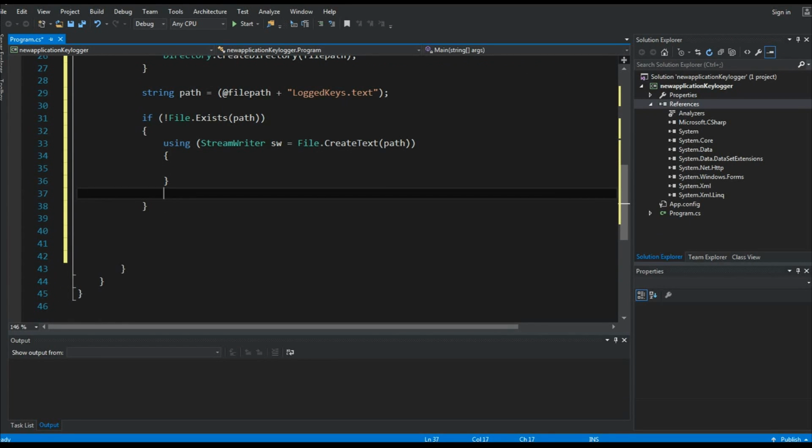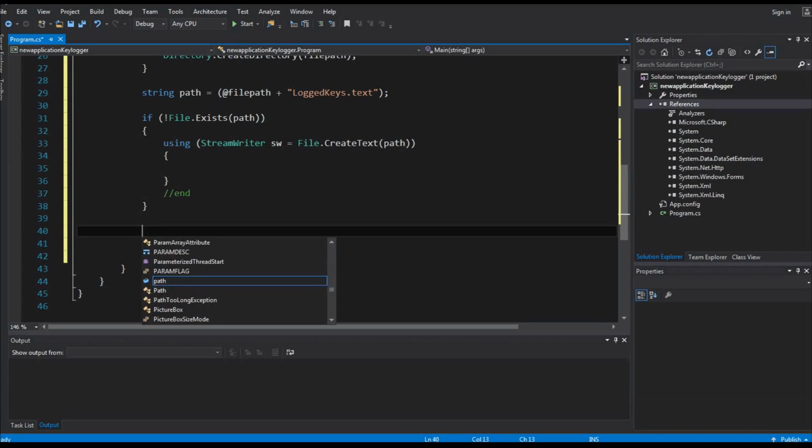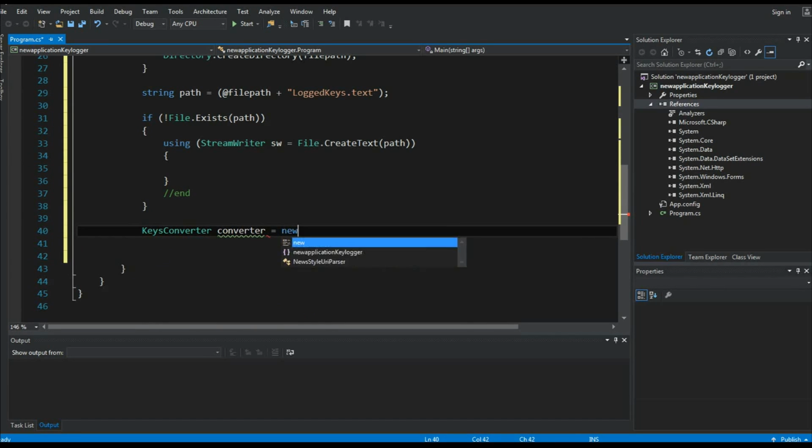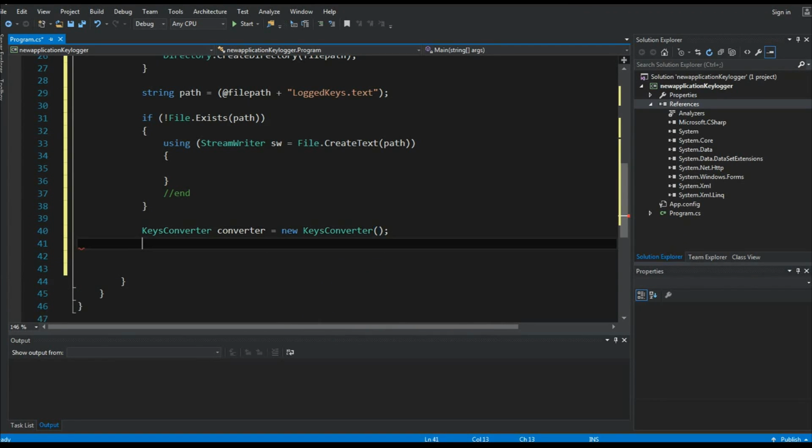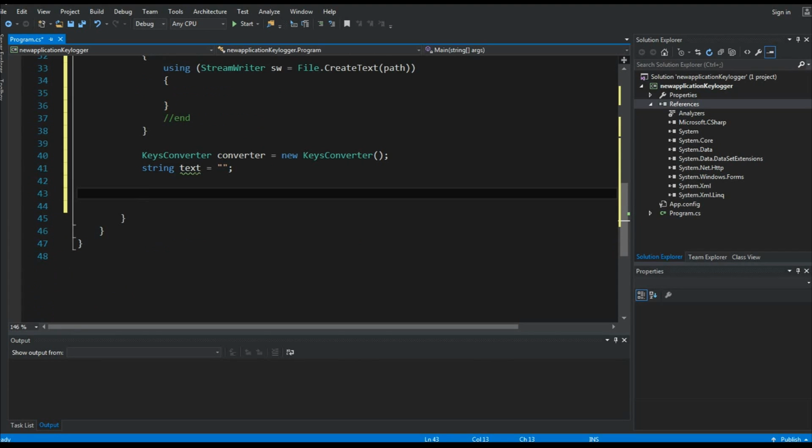So now what we need to do is make a new keys converter. I'm just going to call it converter, and equals new KeysConverter. So that's just declaring the variable. And string, we just call it text, and this is going to hold the bulk of your document. If you want an empty string, you just put two quotation marks there, and it'll leave it blank so you can fill it in later, which is what we're going to do. We're going to fill in that text string with the keys that we get from the